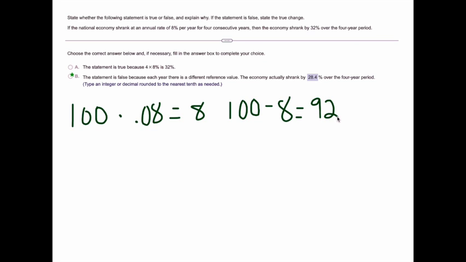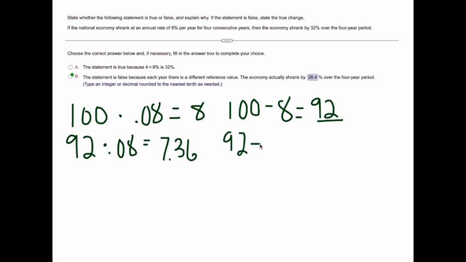So at the end of the first year, we have 92. Then we repeat the process. If I take 92 and I find 8% of 92 to subtract it again, 8% of 92 is 7.36. So then when I take 92 minus